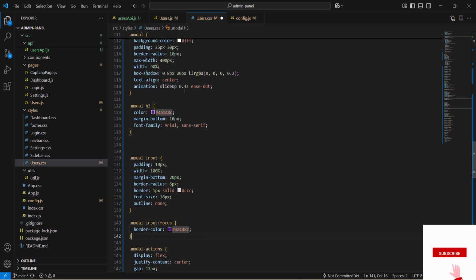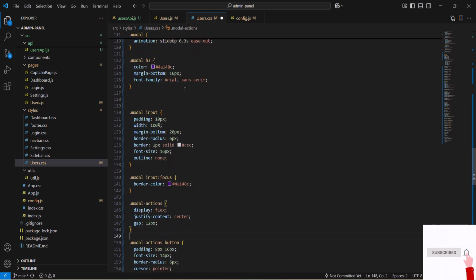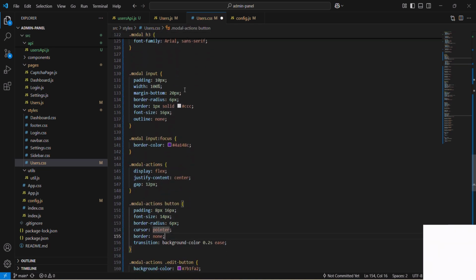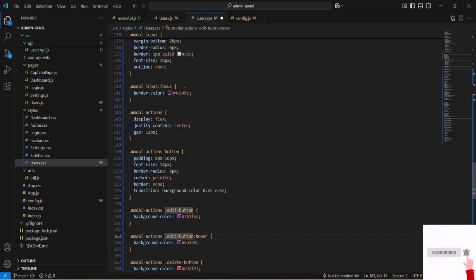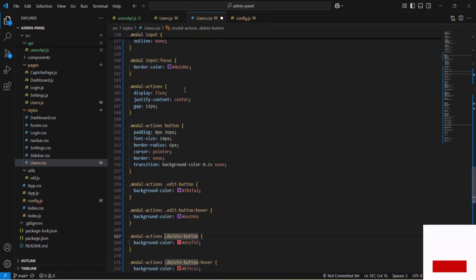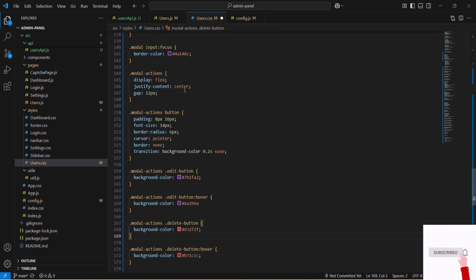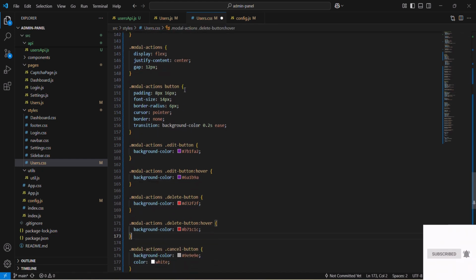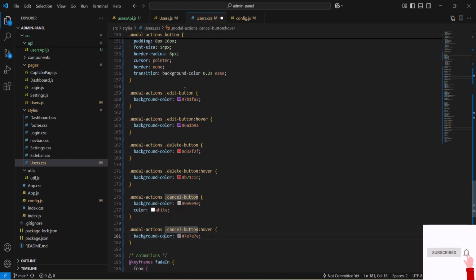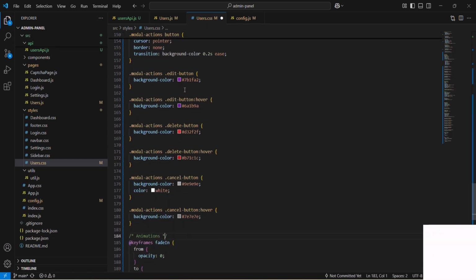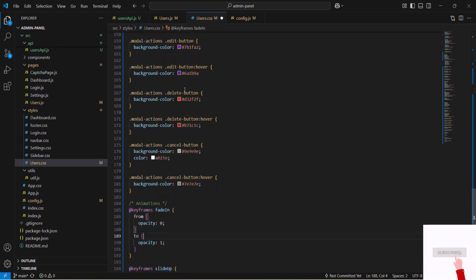These were completely missing before. We've added an overlay using Flexbox and applied a dark transparent background to highlight the modal box. This ensures the modal takes the full screen and centers properly. This makes the save, delete, and cancel buttons sit nicely in a row with spacing. These animations make the modal appear more elegantly rather than just popping in.